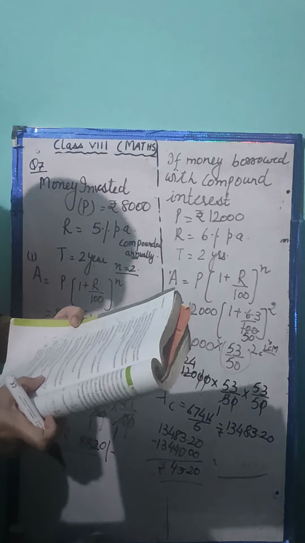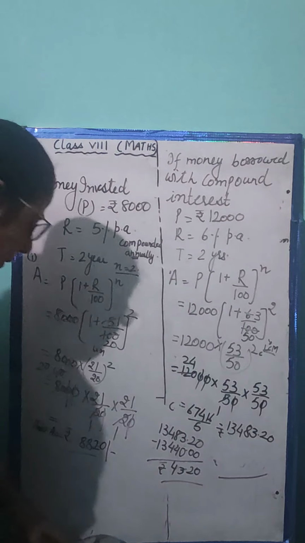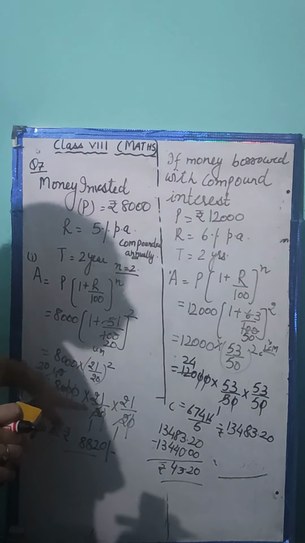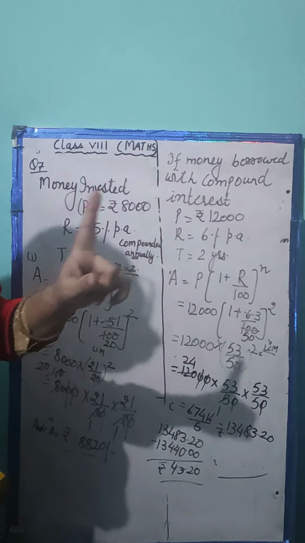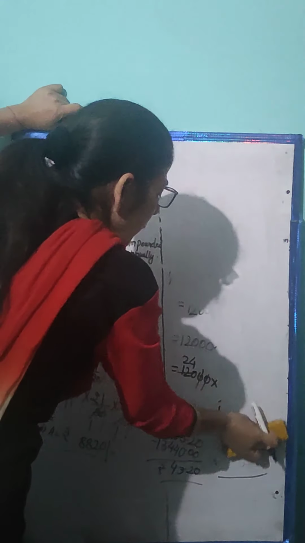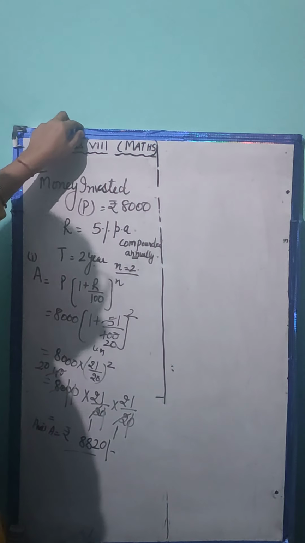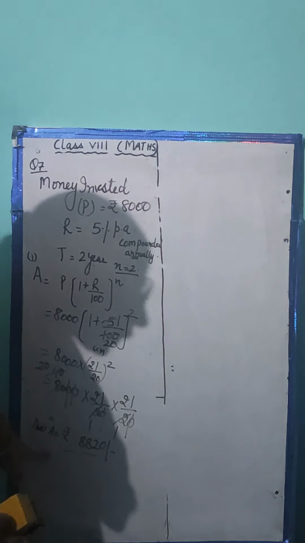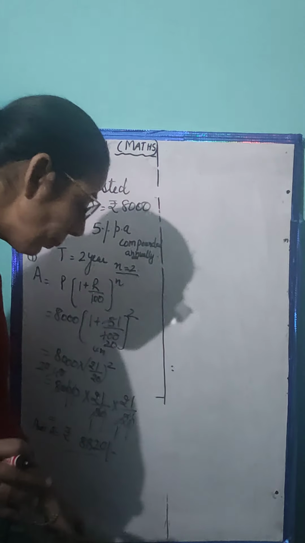Next in this question asked, the interest for third year. Only for third year interest is asked. It means, now this is a very important thing, only for third year. So whatever is the amount for second year, that will become principal for third year. So for the second part, because I have to find interest only of the third year, there are two ways. Either I may get the amount of 3 years and subtract the amount of 2 years from that, I will get the interest of third year. That will be a long process.